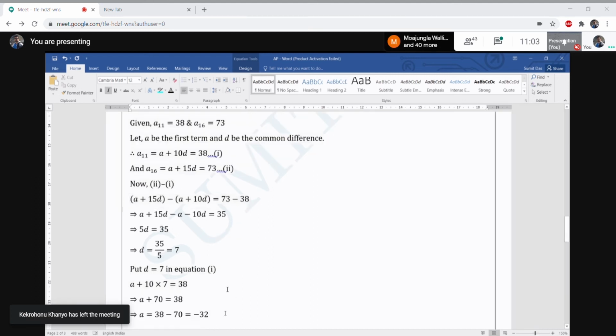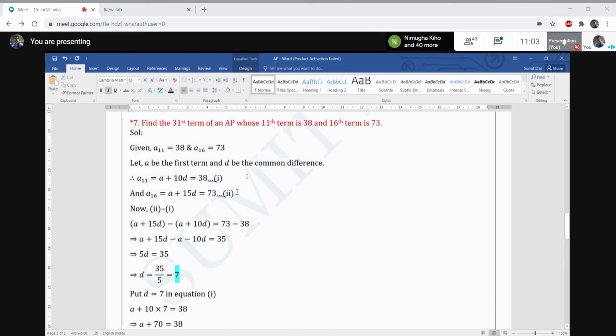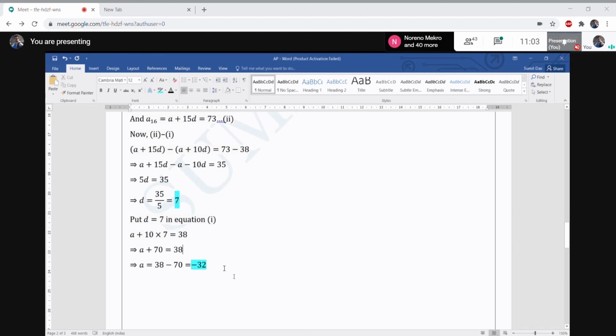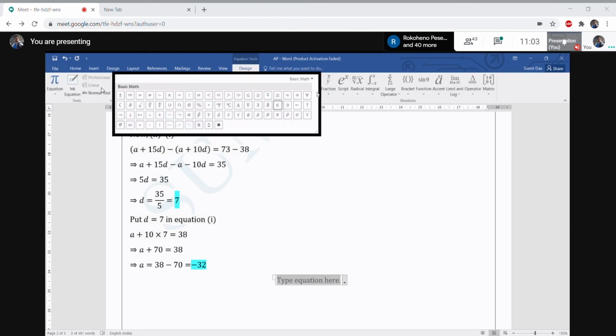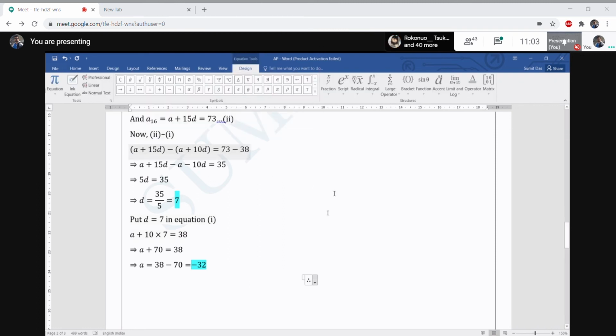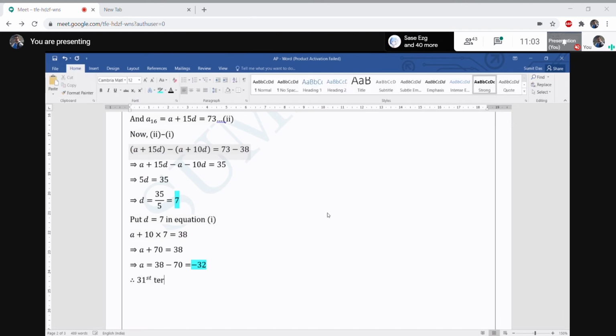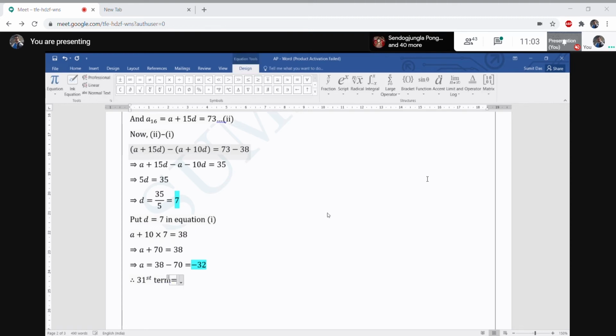So the first term and common difference we already got. Now we have to find the 31st term. Therefore the 31st term is equal to a31, which is equal to